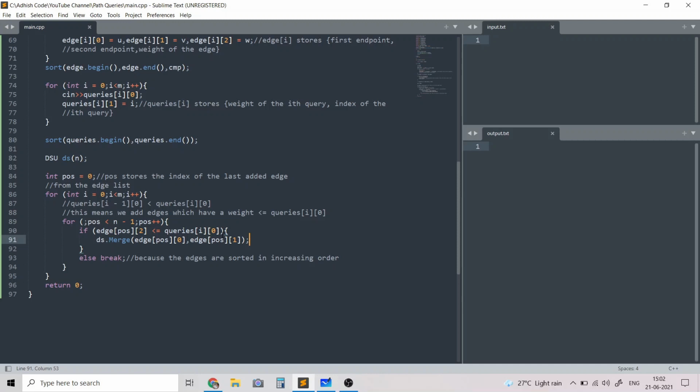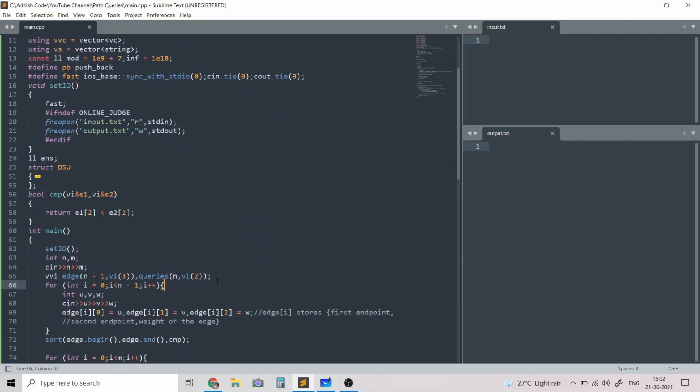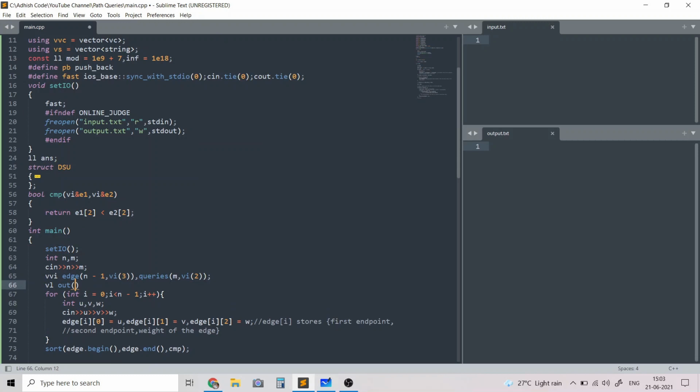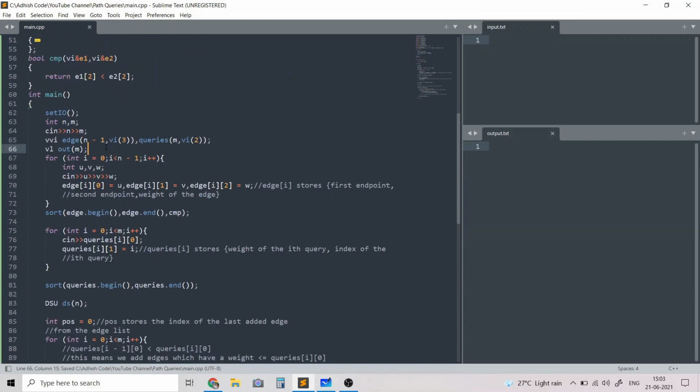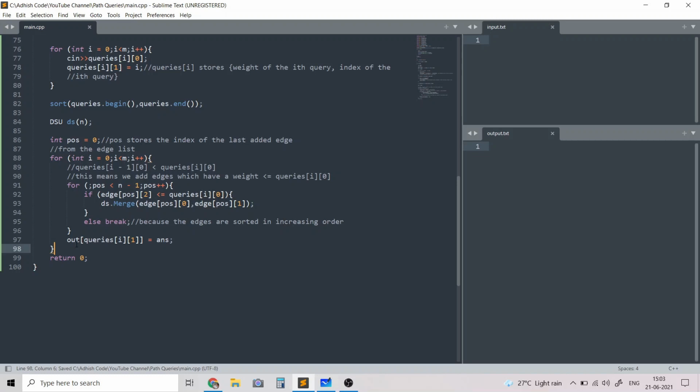And once we do that, we know that the answer for this query will basically be equal to answer. So we need an out array which stores the answers. The out array will be of size m, and it will store the answers for each query, and the out array is what we are going to print in the end.